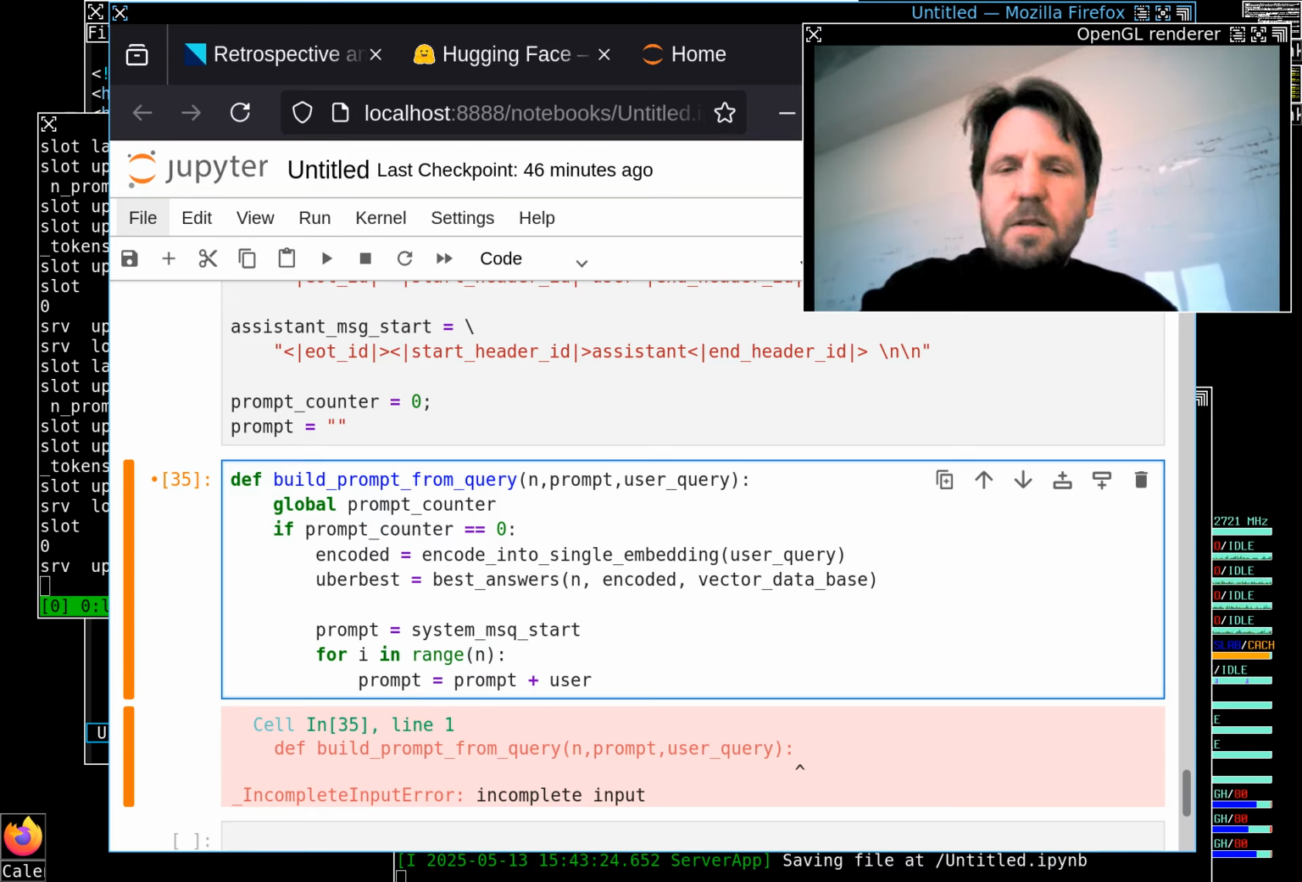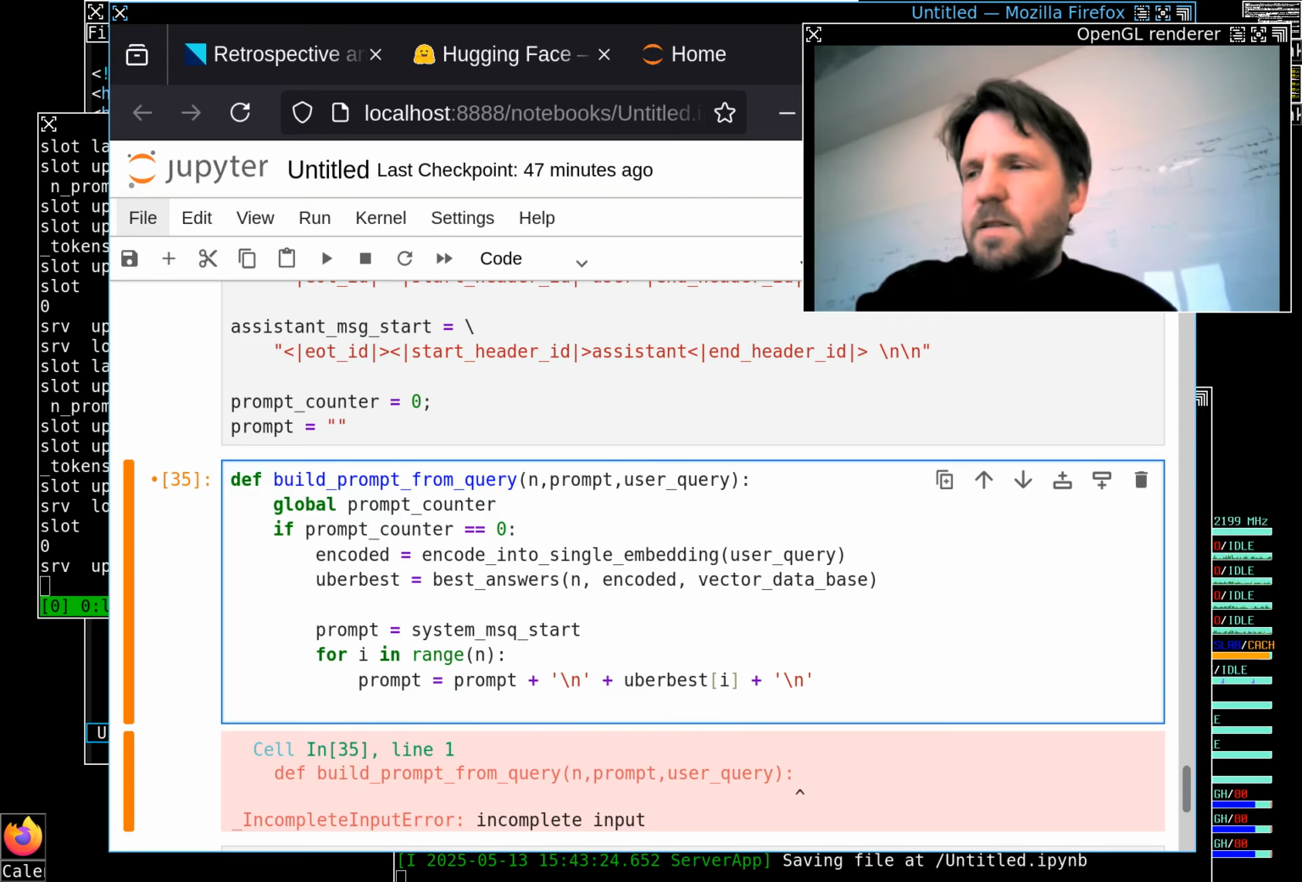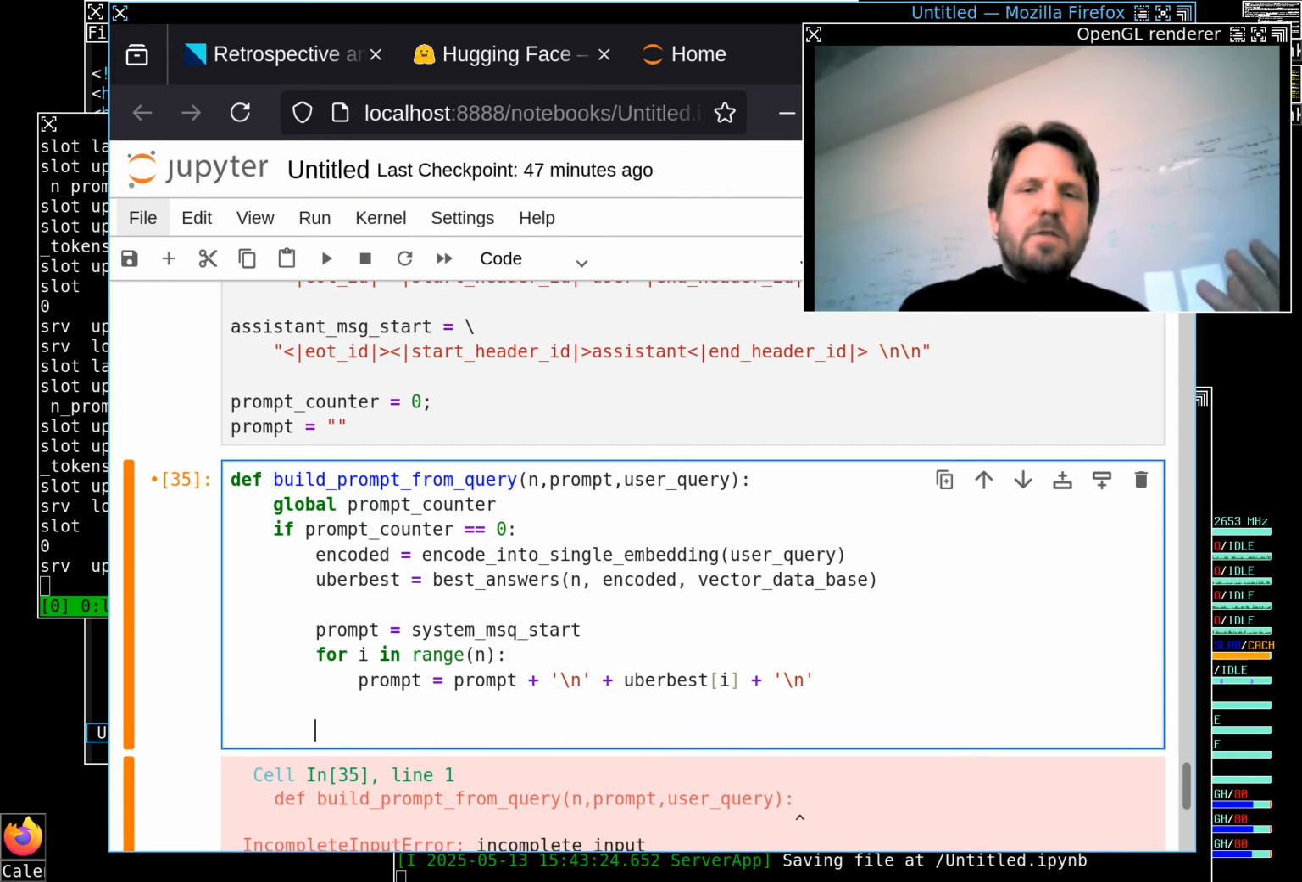So basically we add a new line, let's do it like this, and then we add best slice i, so we have these n slices that we have here. Yeah, we have 2 new lines then, I guess, but that's fine. This way, okay? And then, of course, after the system message, we continue with the user message, so it's the